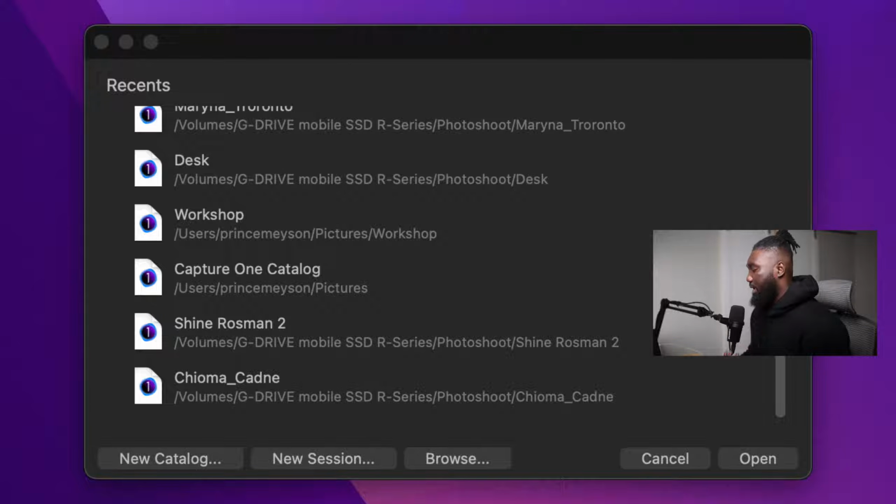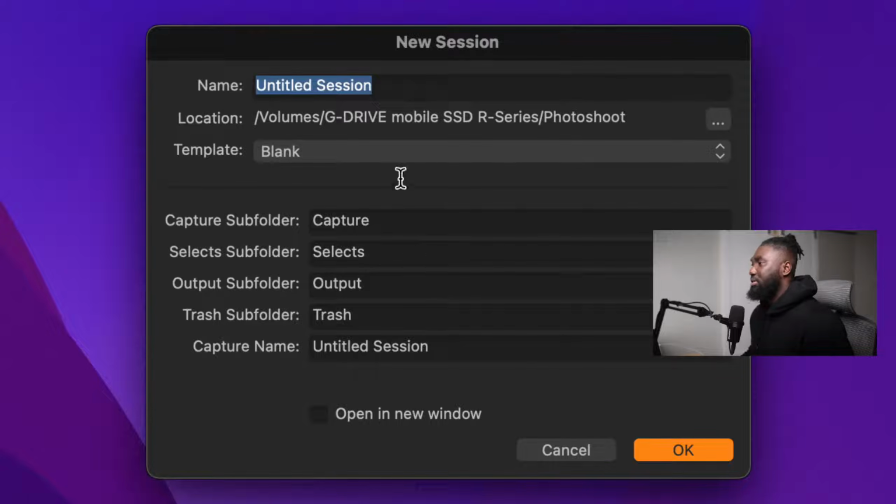Now, as a portrait photographer, I mostly use sessions and not catalogs. But if you do weddings and a lot of all that stuff, then you can use catalogs. I've never used catalogs in Capture One, so I'm not going to teach what I do not know. I basically use sessions. So right now I'm going to click on new session,